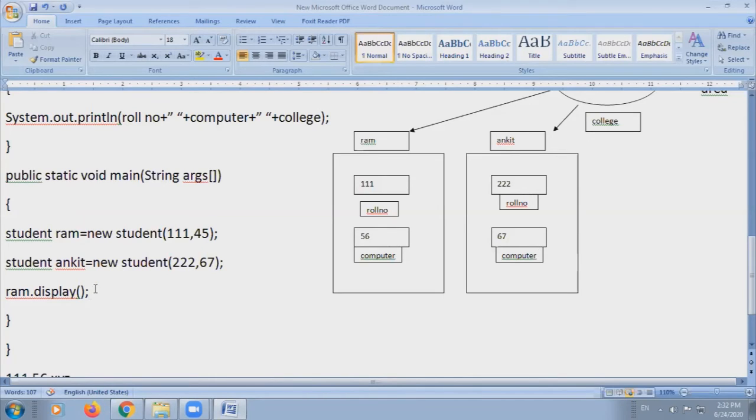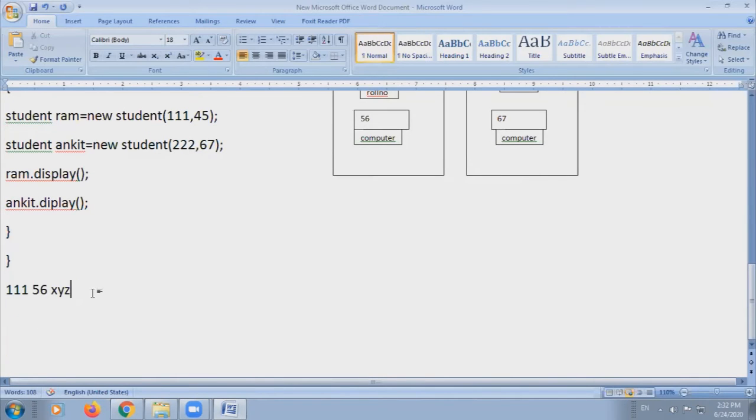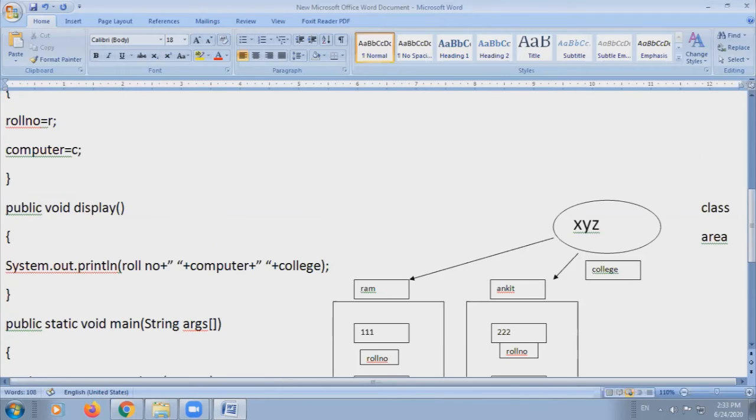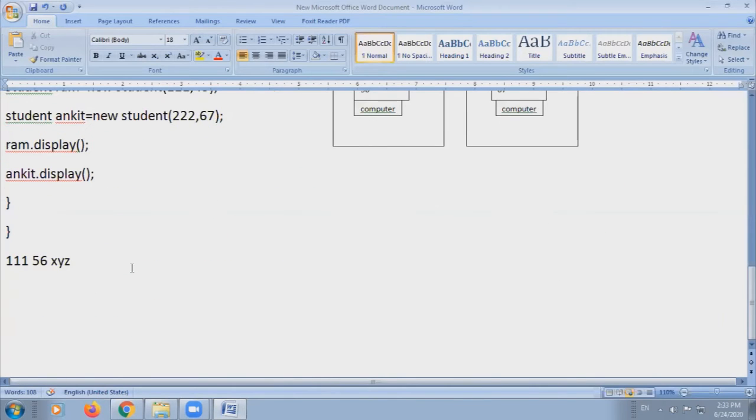Now, inside the main function, if you call the display function with the Ankit object, whose property is this display function going to display? The property of the object that you have called, that is Ankit's property, Ankit's instance variable. So when you call the display function with the Ankit object, it will display the roll number, that is 222, that we have sent with the help of the parameterized constructor.